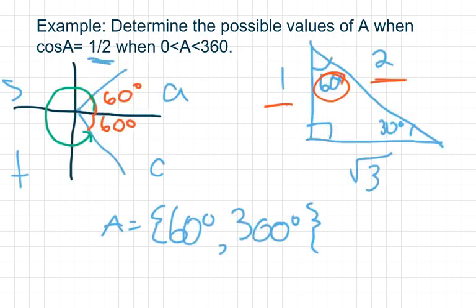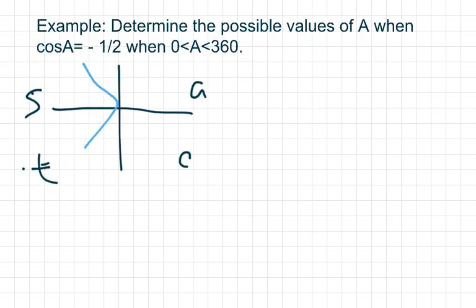And from the last question, we know that the value of cos of 1/2 is going to be equal to 60. And that's still going to be applicable in this one. We know that these two angles here are going to be 60 degrees. Okay, so now how are we going to figure out what the value of those angles actually are? What A is going to be equal to? Well, in this case, we know that